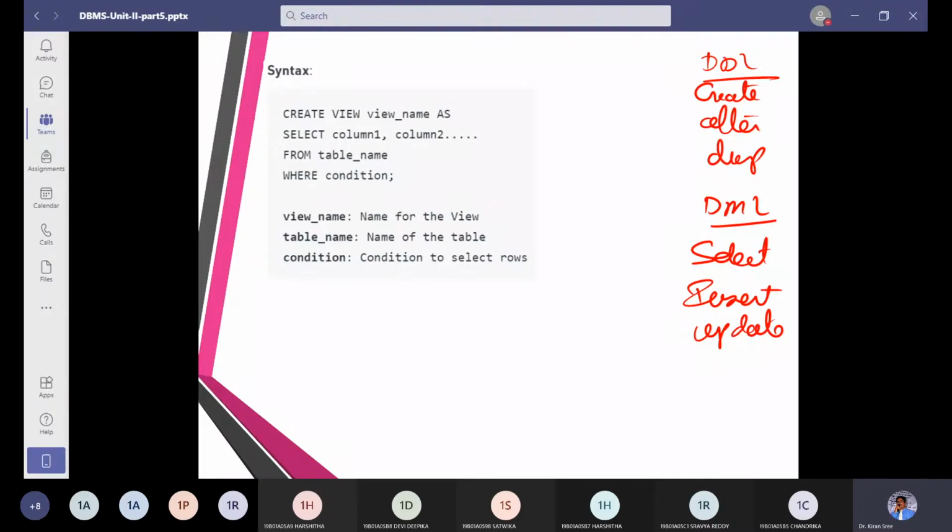How can I create a view? That means I can write a word called create. I will write create table. Now I am going to say create view. Instead of writing create table followed by the table name, now I am going to write create view followed by the view name. And then I am going to use a select command. This is really important.